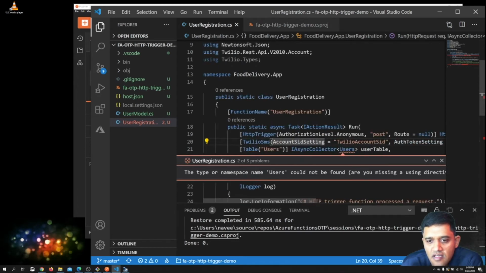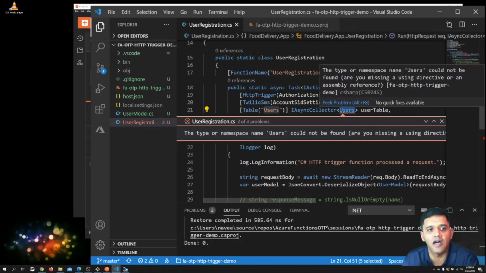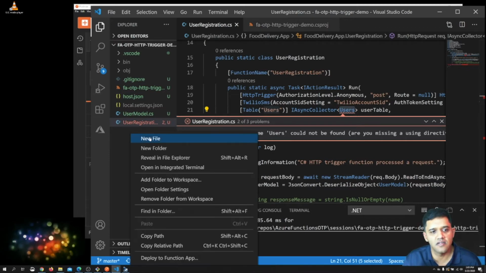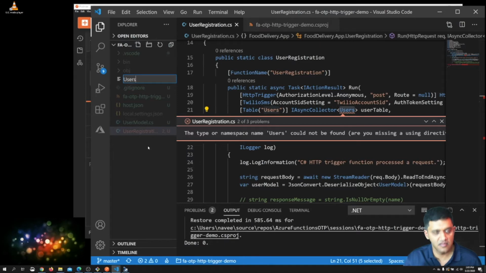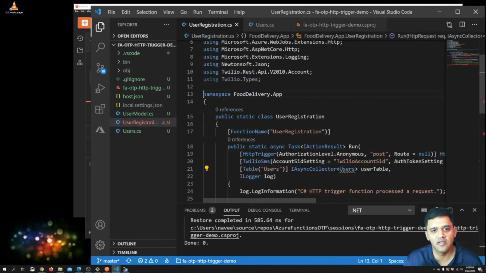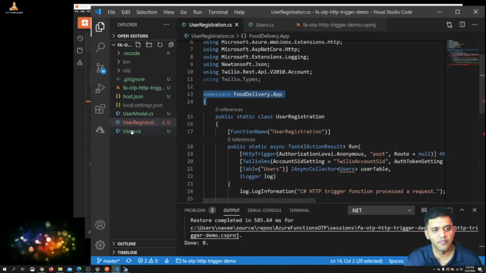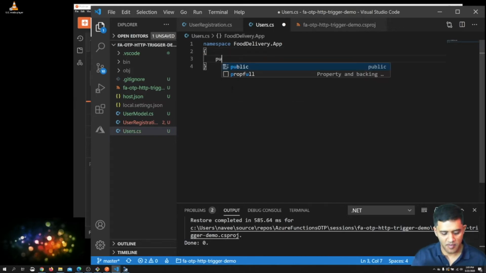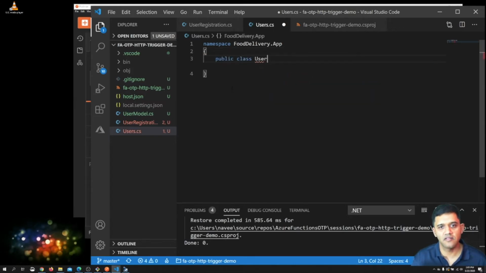Now for this users table, I have to create a class called users. Let me create a class called users.cs. Now let me use the same namespace as this, so I'm going to create the same namespace here. Namespace is ready. Public class users.